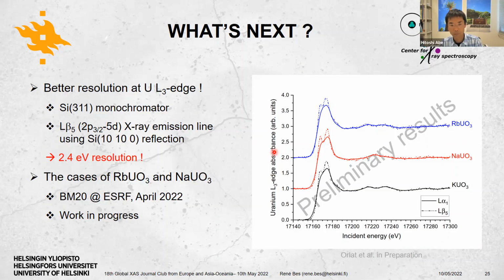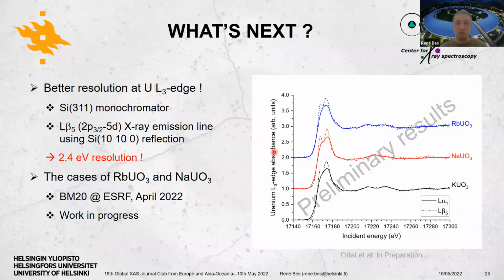Okay. But there is something in addition, because at the L3H, thanks to HERFD-XAS, it has been demonstrated that there is the quadrupolar transition to the 5f electrons, which is typically a shoulder on the white line, and because of the splitting, some of the 6d electrons are pushed back down in energy, so there is a slight overlap. So it would be correct to take this distance in energy as the crystal field splitting, but we have to keep in mind that there should also be the f electrons movement, which may affect the first peak